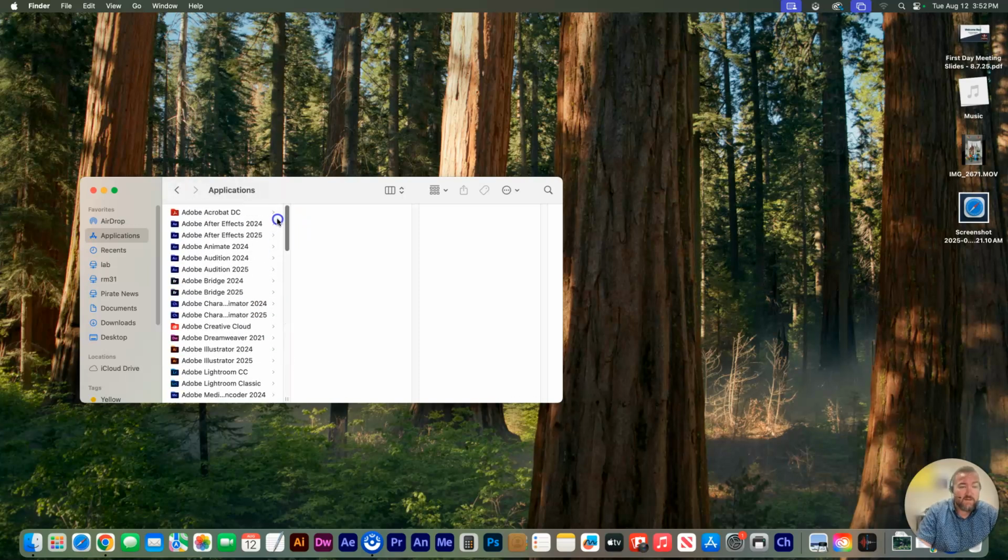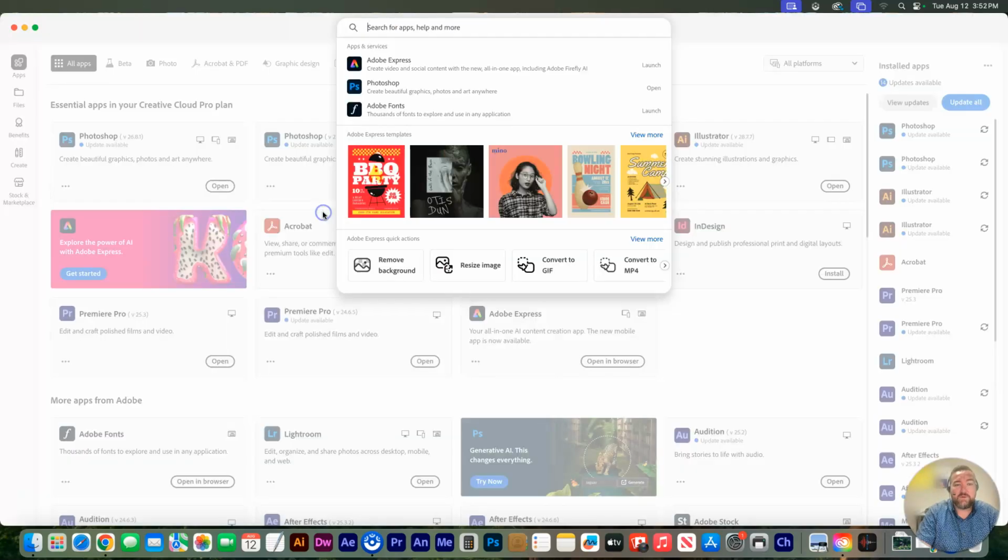Adobe is the company that makes all of the programs that we're going to use. But the best way to access all of these is to use the Creative Cloud. So if you go here where it says Adobe Creative Cloud, that red folder, and then this little rainbow guy that says Adobe Creative Cloud, what you're going to want to do is open that. Once you open that, it'll pull up,